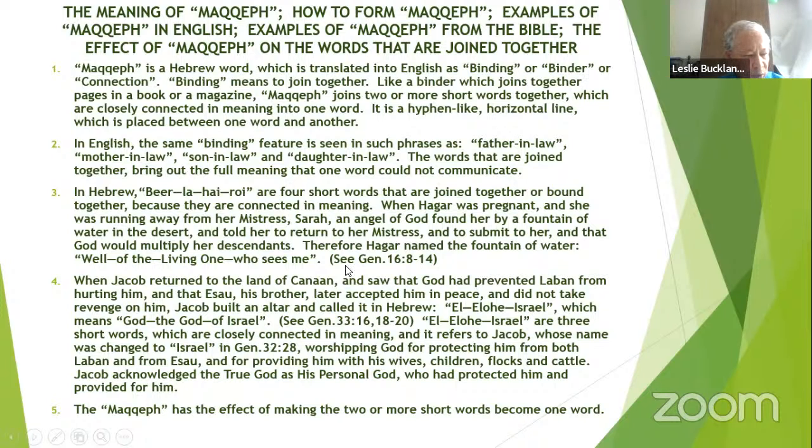Now I'm going to be reading Genesis chapter 16, where Be'er Lahai Roi is written out, and the horizontal line that joins each of the four words together is what is known in Hebrew as maqqef. Genesis chapter 16, verses 8 through 14 reads,